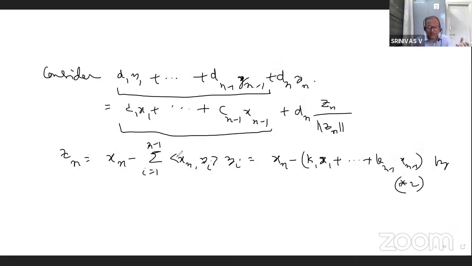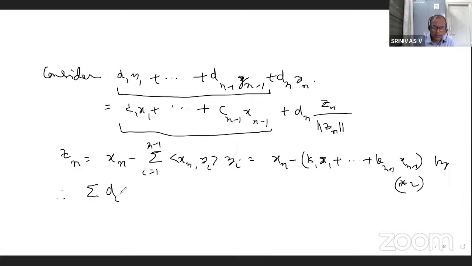This is a linear combination of y1 up to yn minus 1. So this can be written as a linear combination of x1 up to xn minus 1. And this is a linear combination of x1 up to xn. So Zn is a linear combination of x1 up to xn, and this is a scalar. Scalar times that will also be a linear combination of x1 up to xn. So if you plug these two in,